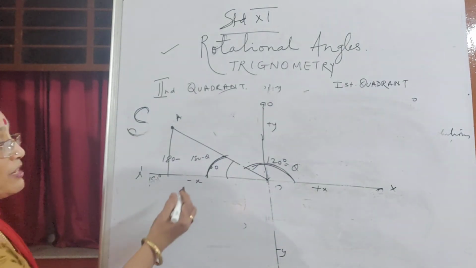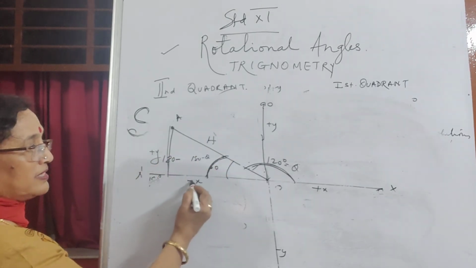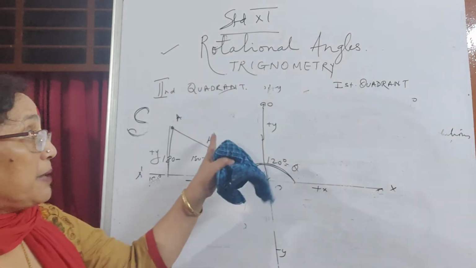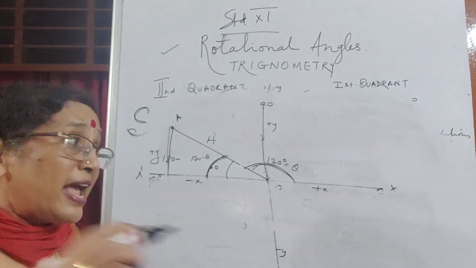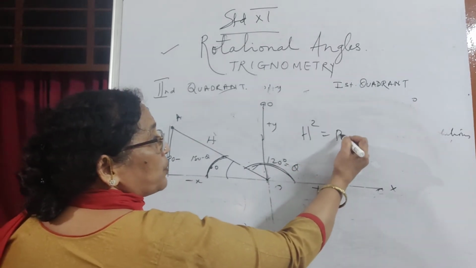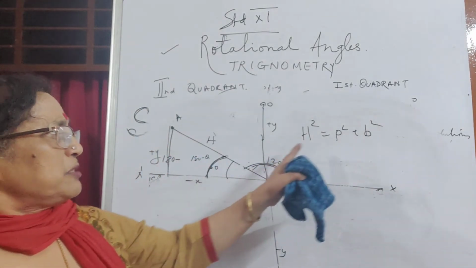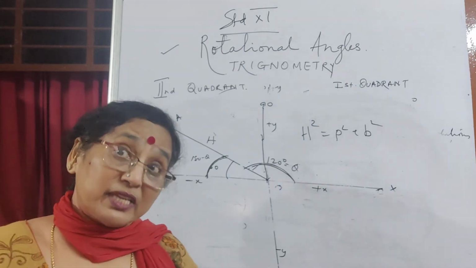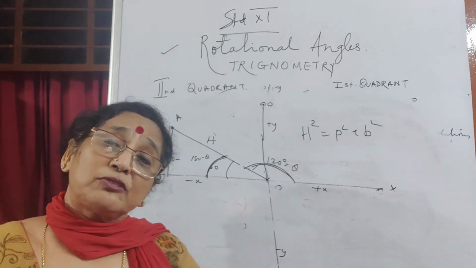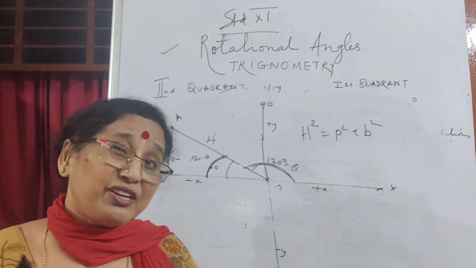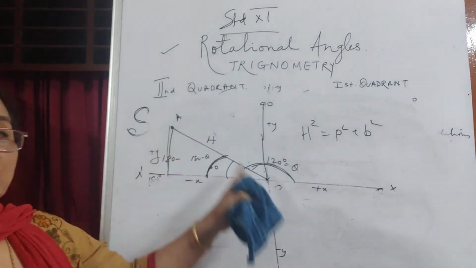But what happens? This is positive, this is the hypotenuse, and this is negative. And the hypotenuse is always positive. This rod which is rotating in each quadrant is positive because it becomes the hypotenuse. Why is the hypotenuse positive? Because it comes from the squares of two sides, p square and b square. When you take actual lengths, we don't take the sign; we take the sign only for the ratio. Even if a length is minus 3, you take 3, you don't take minus 3. So the hypotenuse will always be positive.